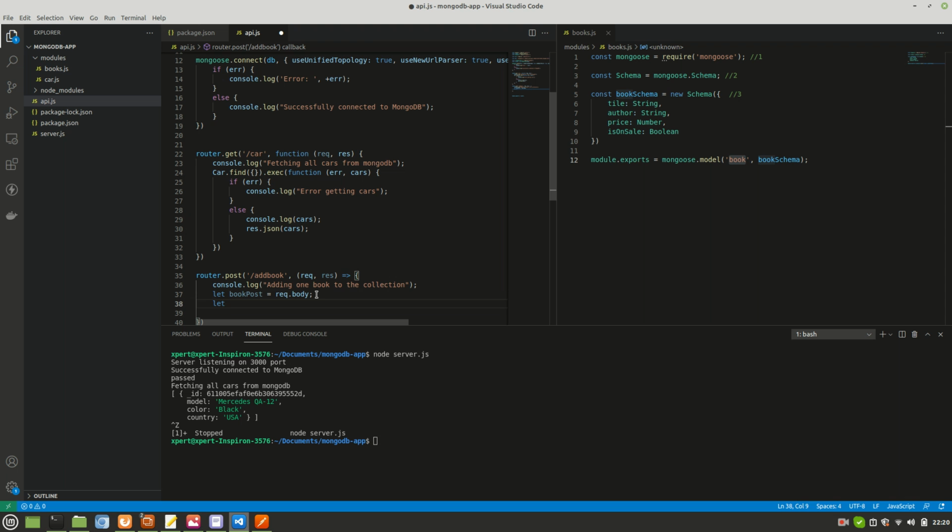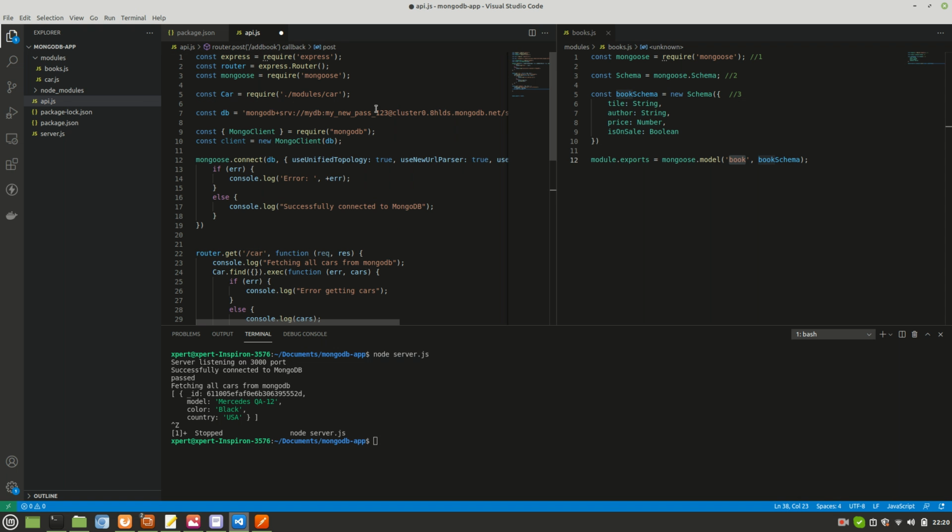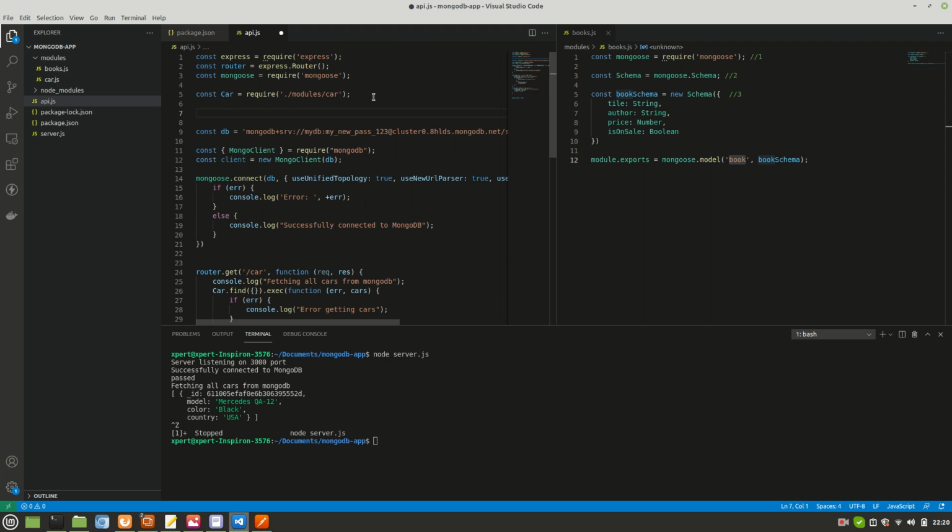Let's say post is equal to new of type book, but before that, why is it not suggesting? Because we haven't imported the book. Okay, book equals to require from the modules.